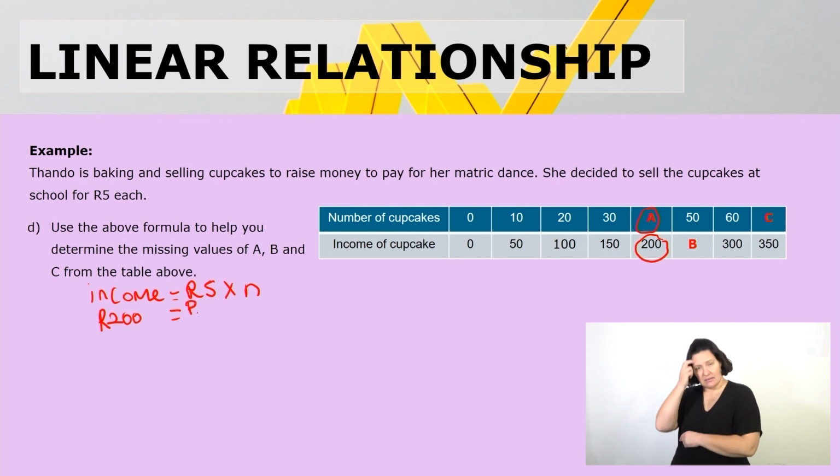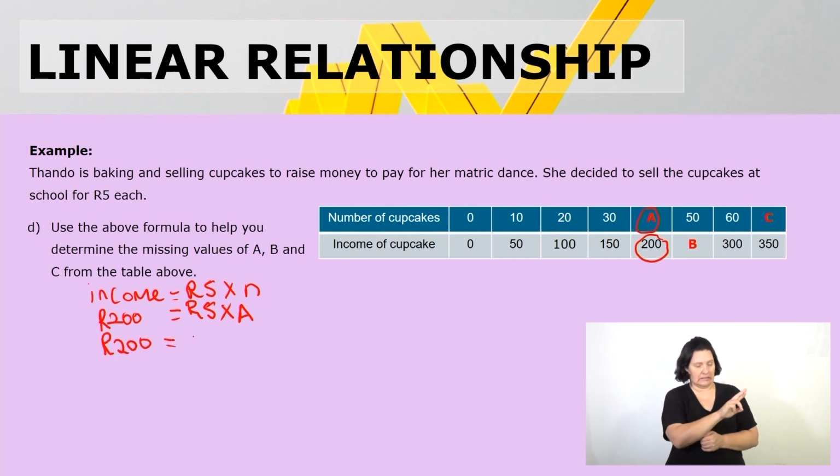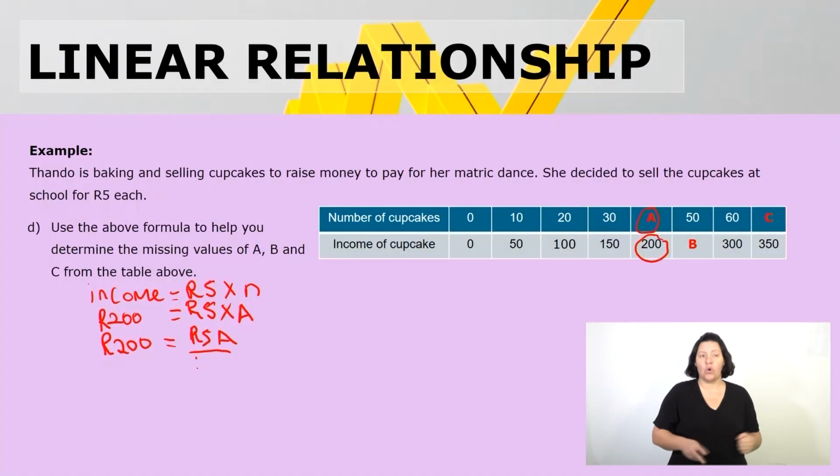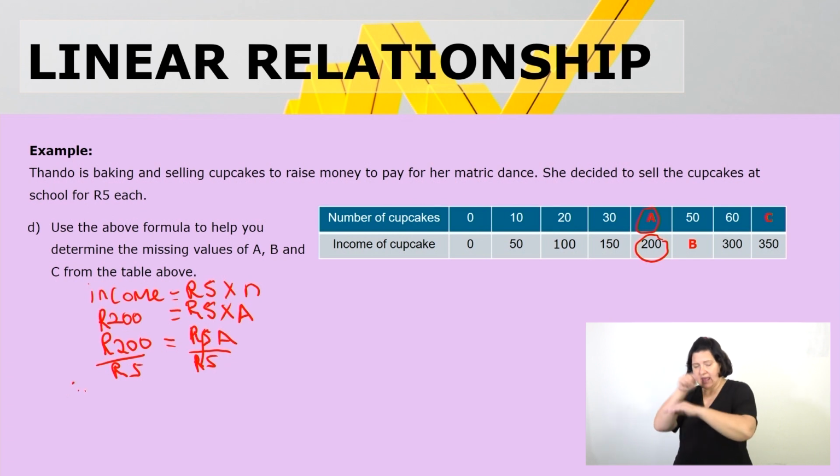In this case, n represents what? It represents the missing value, A. Then we can say 200 rand is equal to 5 rand times A. Again, remember guys, we need A as the subject of the formula. So what are we going to do? We will divide by the value that is sitting next to A and observe the rule that says what you do on the left-hand side, you also do on the right-hand side. So we're going to divide both sides by 5 rand. So these two will cancel one another. Therefore,